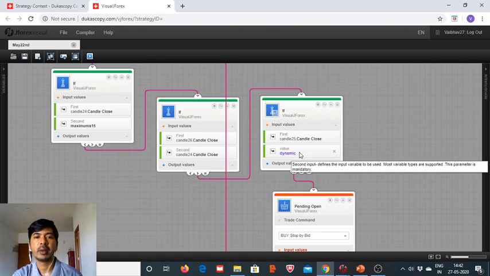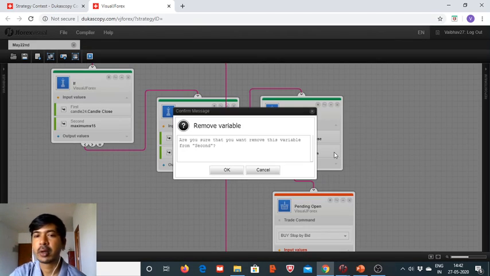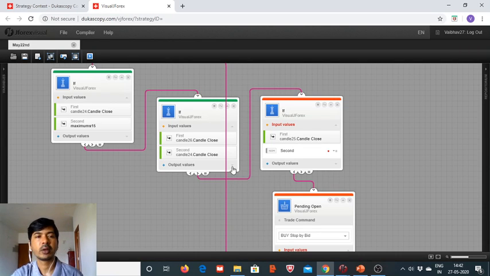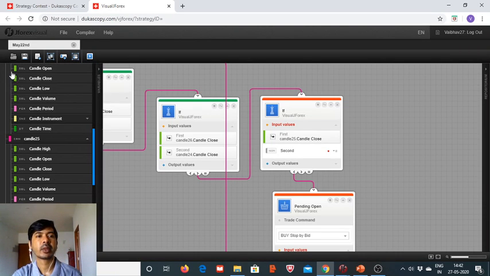I think here we made a mistake. Thank God I realized it. It is candle close, not low. Okay, candle 24 closing level,